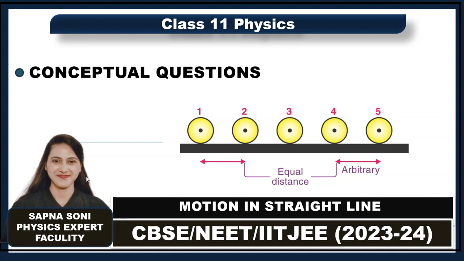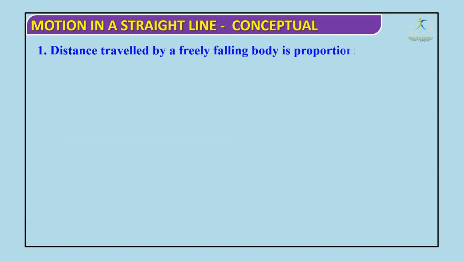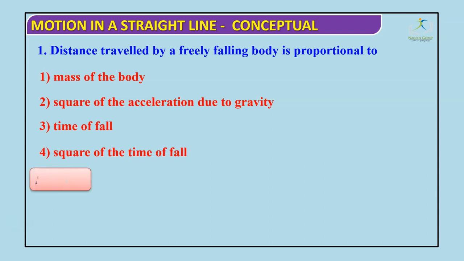Hello students, now we are going to start the conceptual questions from the topic motion in a straight line. So let's begin the topic. Conceptual question. First question: the distance traveled by a freely falling body is proportional to the mass of the body, the square of the acceleration due to gravity, the time of fall, or the square of the time of fall. The correct answer for this question is,